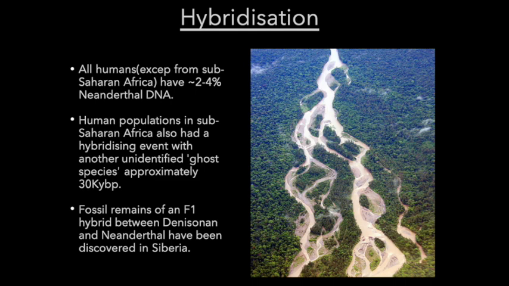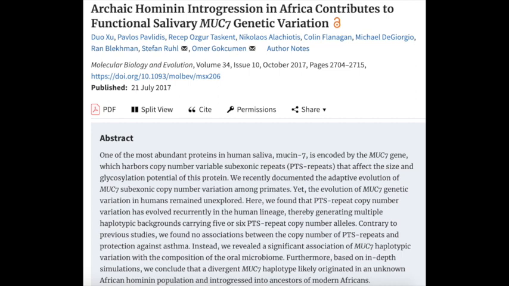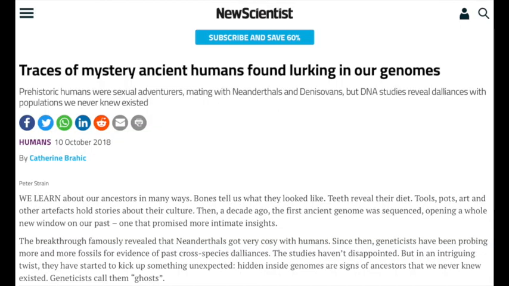in their blood. Also, human populations in sub-Saharan Africa had a hybridizing event with another unidentified ghost species approximately 30,000 years before present. So a ghost species is a species that we are aware of because of the genetic fingerprint in our DNA, but to which we don't know what to attribute that to in terms of the fossil record. It may be in the fossil record, it may be one of the many different species of hominid that we actually have catalogued and described from the fossil record. It may be something completely different. So sub-Saharan Africans had an event, or a series of events, a period with a whole different species that we're